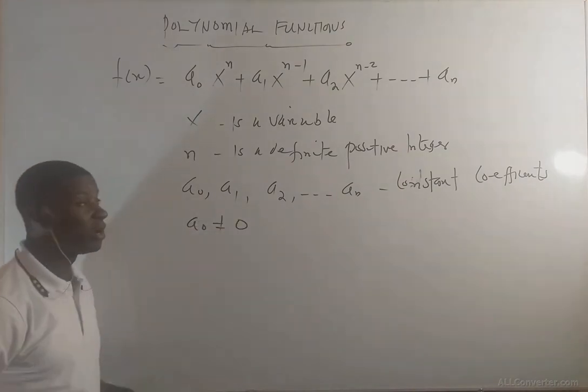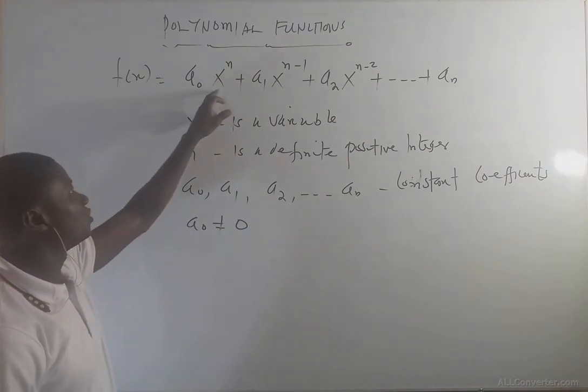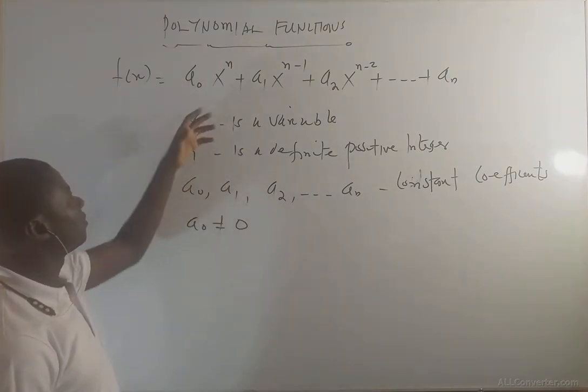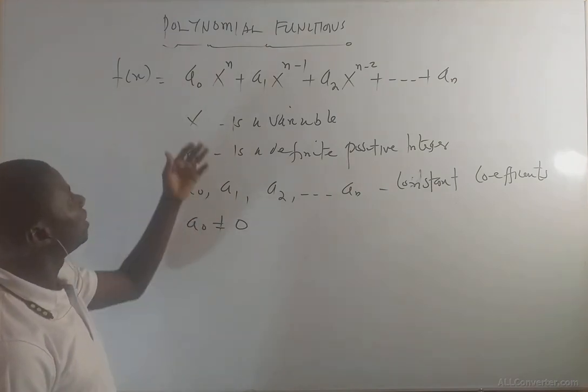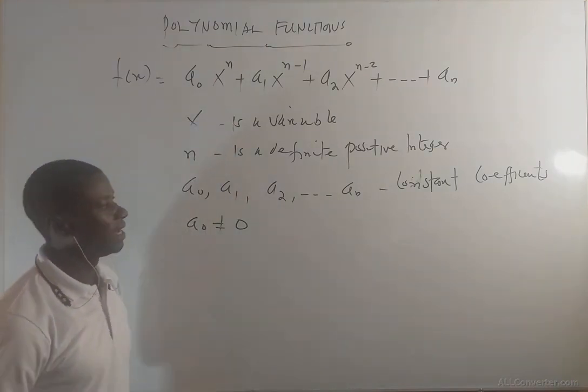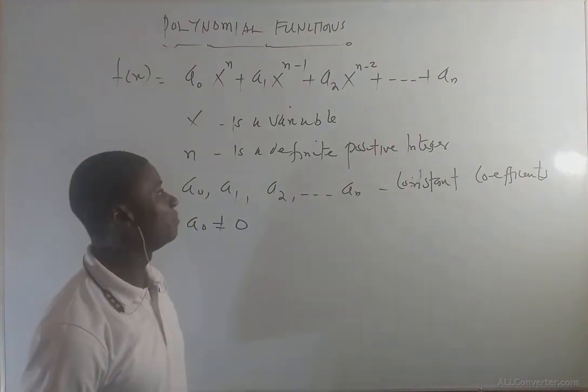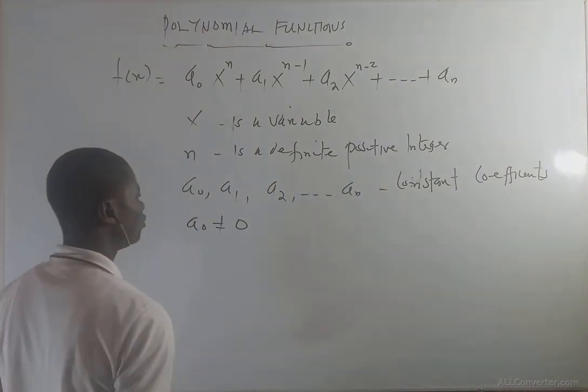And there is a reason why we are saying that the a naught must not be equal to 0. Take note that when you are given a polynomial function, it is the highest exponent of the x that determines the degree of that function. Very soon I will explain what I mean by that. Let's assume that we have